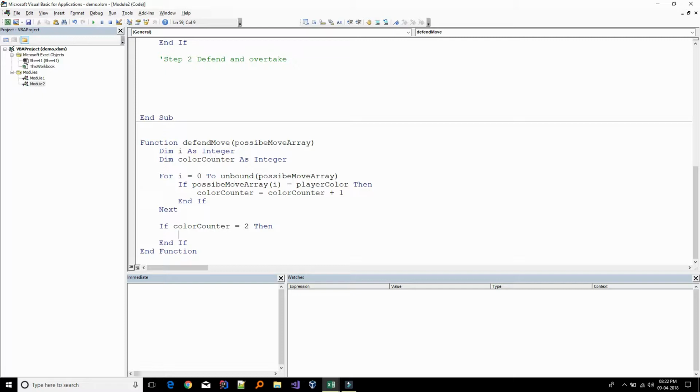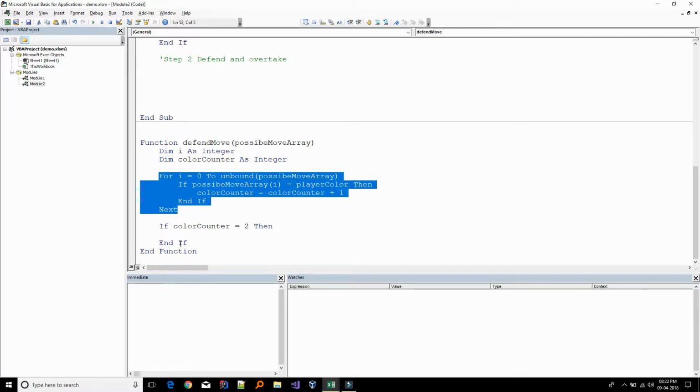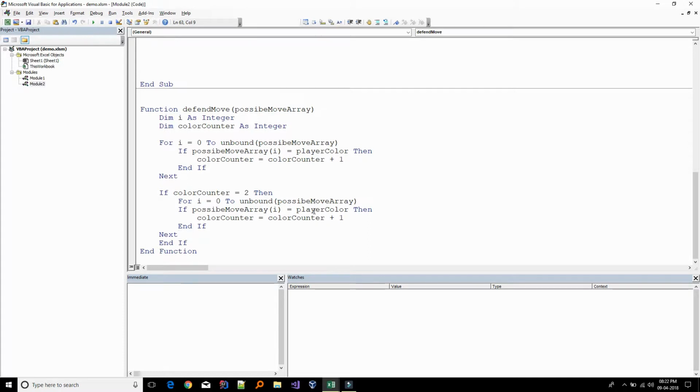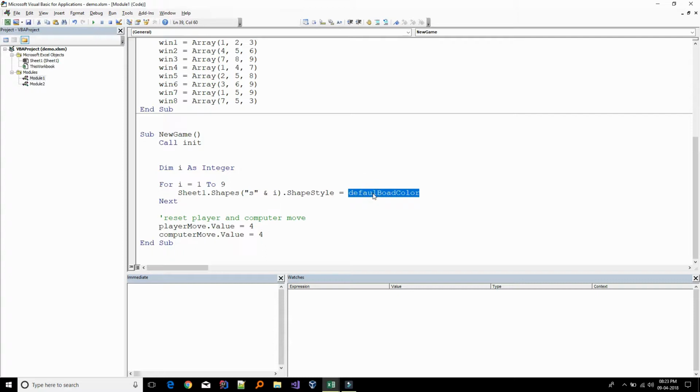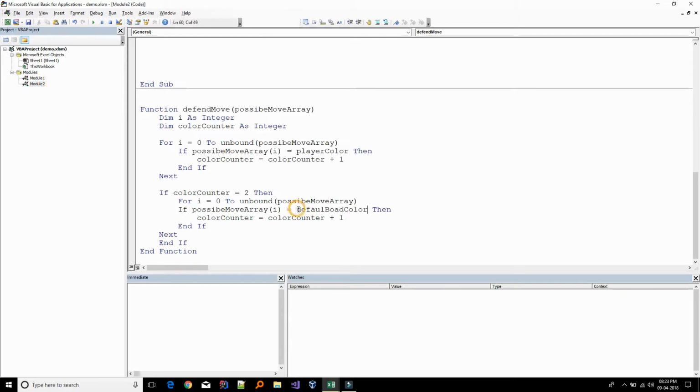Now we need to copy this one again, and let's say if the color is not equal to player count, and no, let's keep it simple. It's equal to new color, that is default board color. Then here